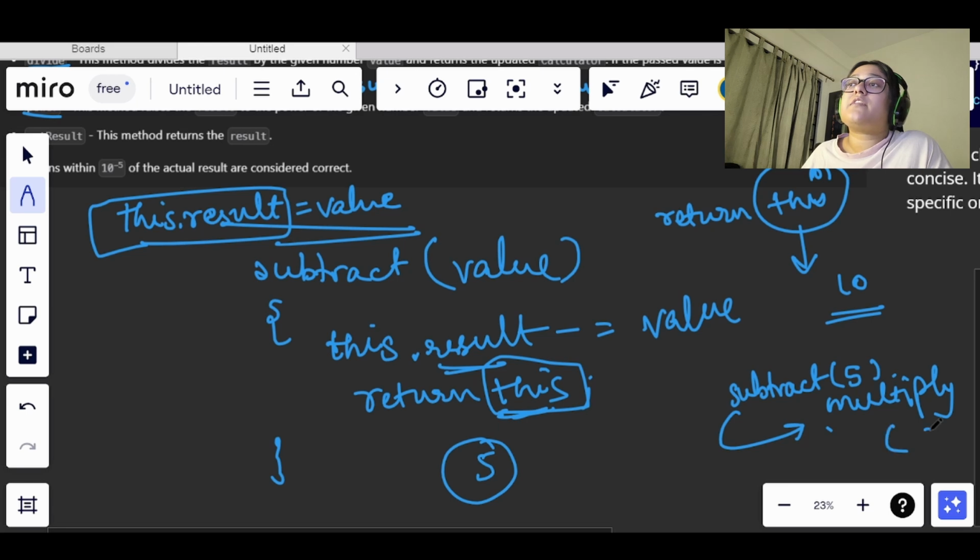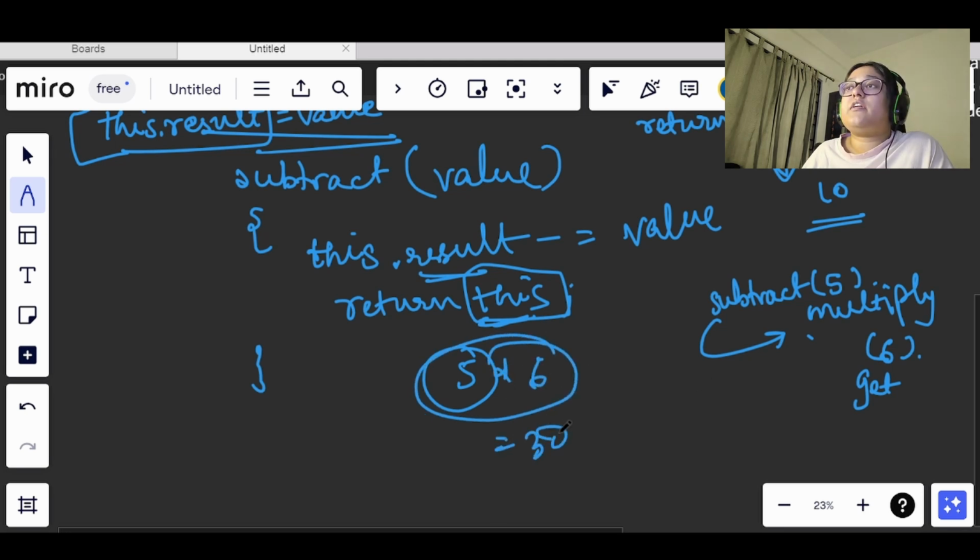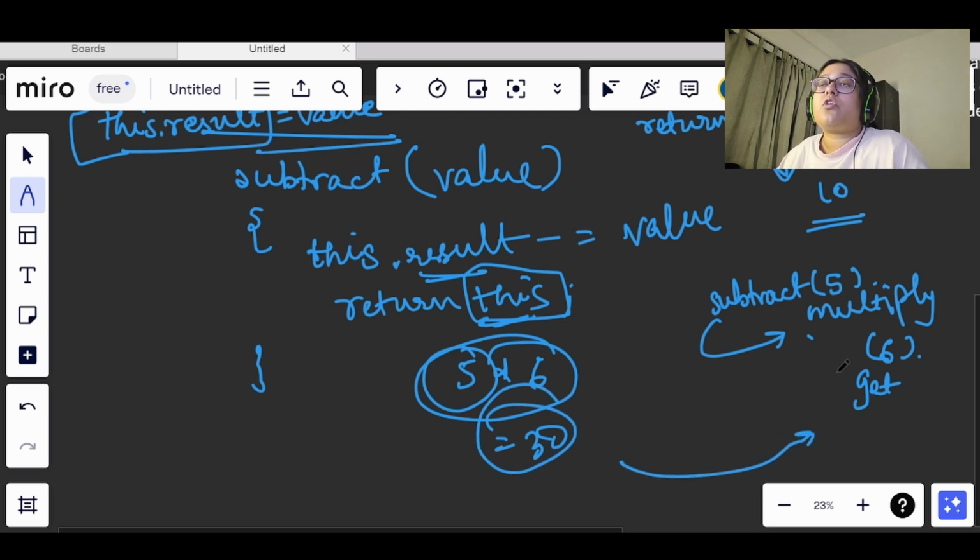Let's say we have 6 there, and we call get result after this. We will multiply 5 by 6 and get 30 as our final result. So now let's move on to the code, so you will get an idea of how to implement this approach.